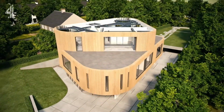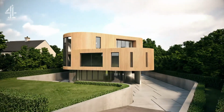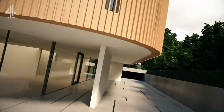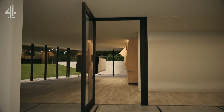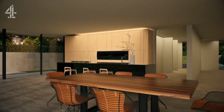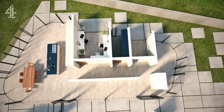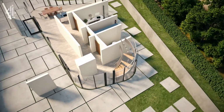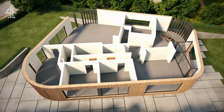This curvy box should appear to almost hover above the glazed ground floor, defying gravity and even the rules of suburbia. Down the theatrical sloping drive that'll take you under the cantilever, you'll find a covered entrance leading to a generous kitchen. Tucked away on the west side of the building will be an office, a plant room, and a bathroom. To the north, a set-piece spiral staircase will connect you to the first floor, where, unconventionally, the bedrooms, there are 4 here, are connected to a set of living spaces